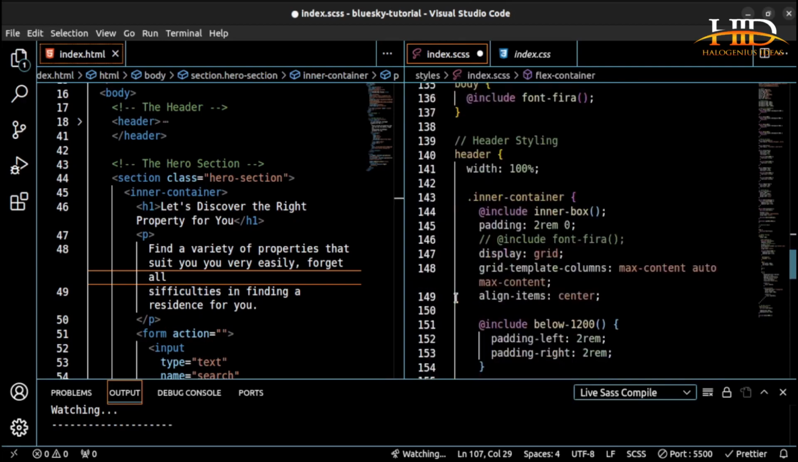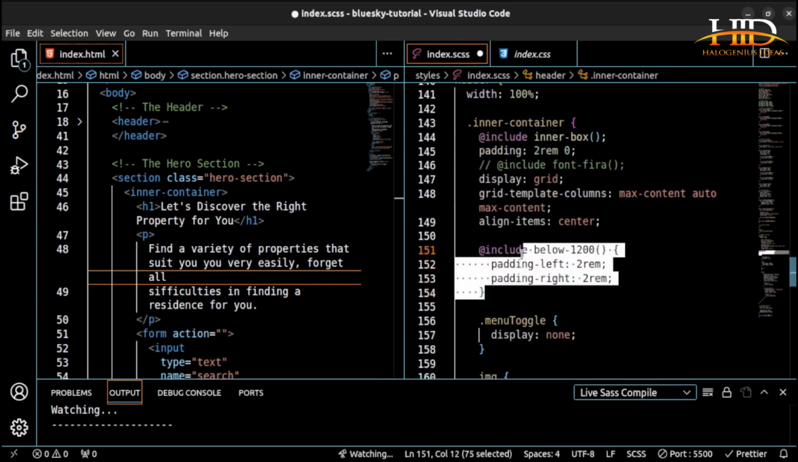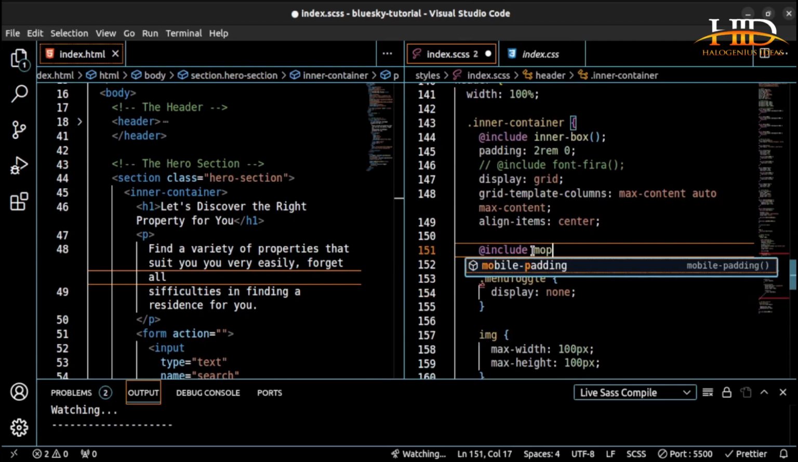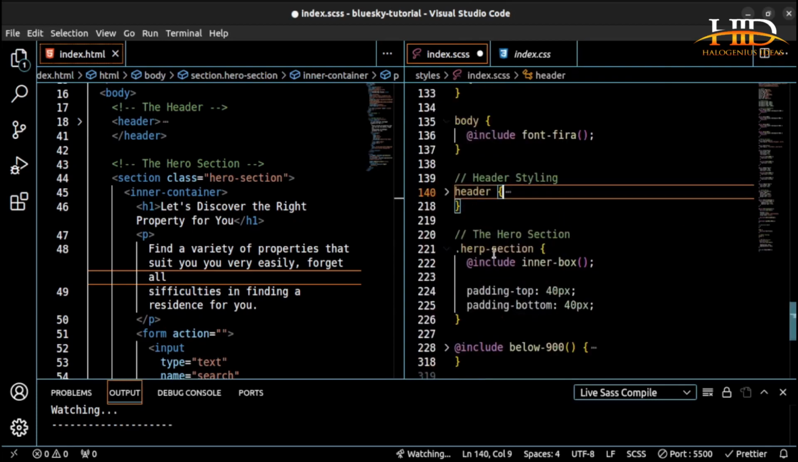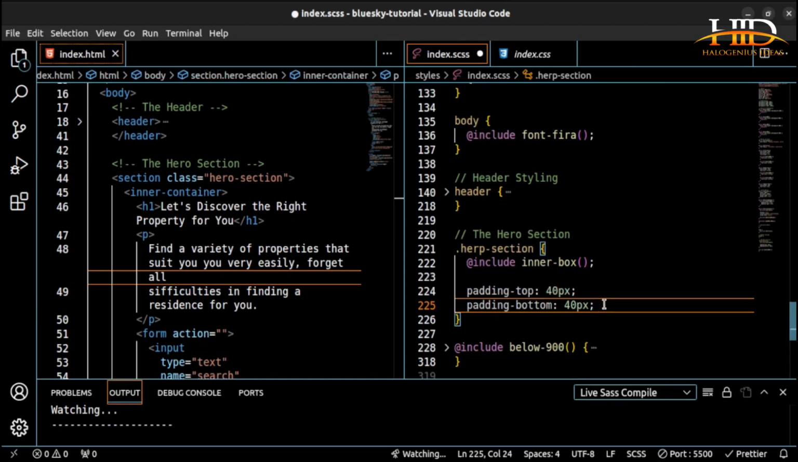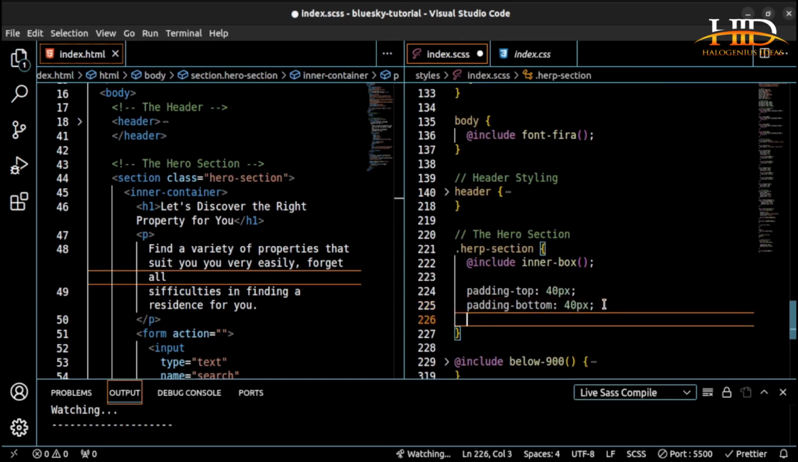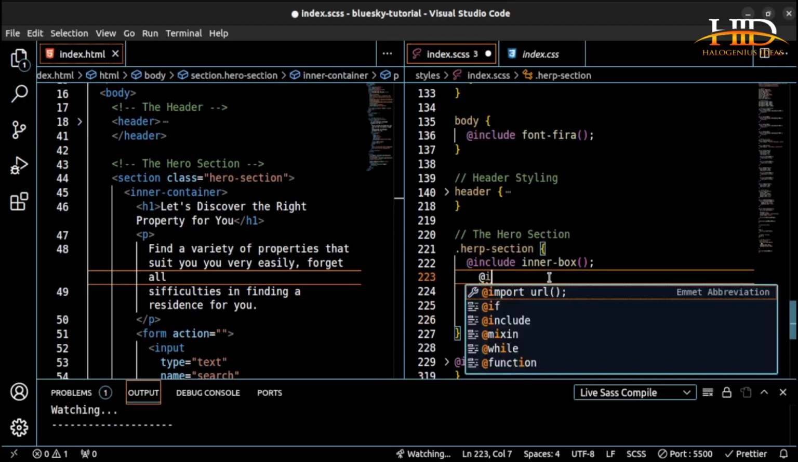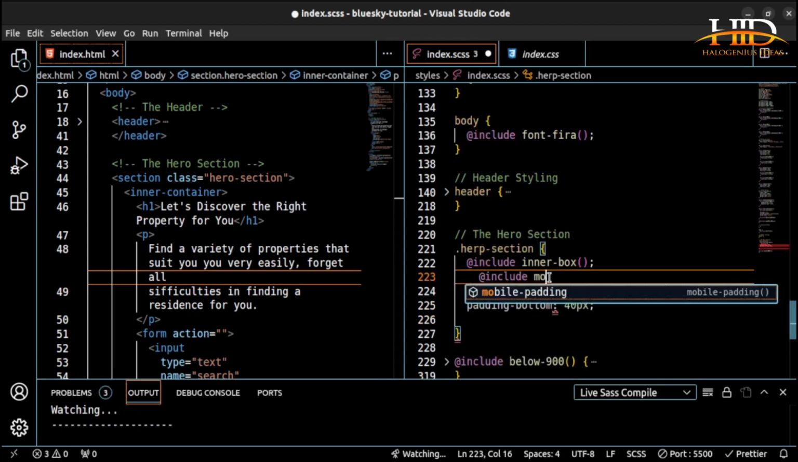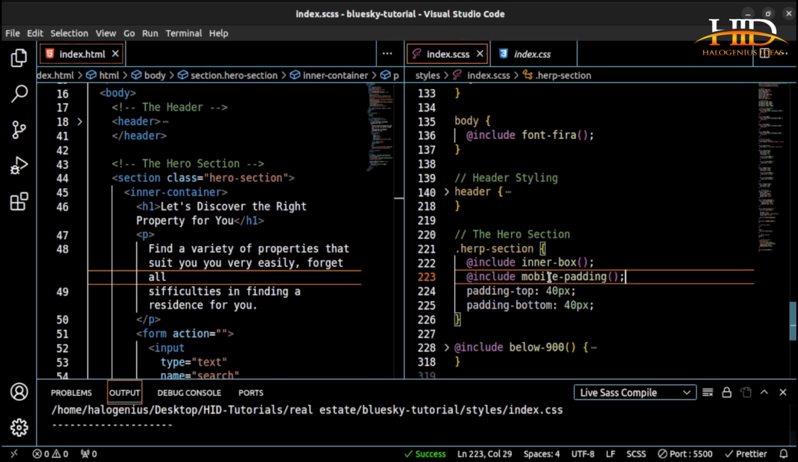Then at include mobile padding, then I can close this one. Then at include inner box, then at include mobile padding. Okay, so